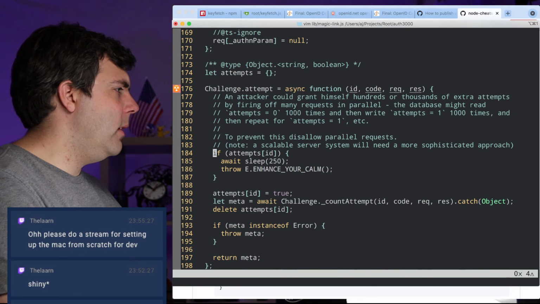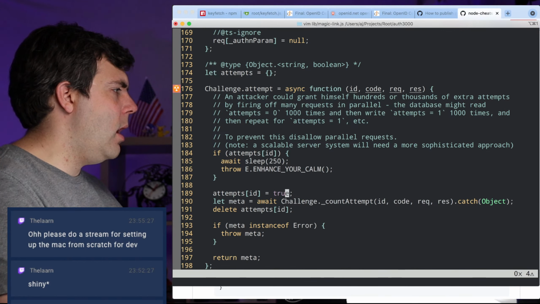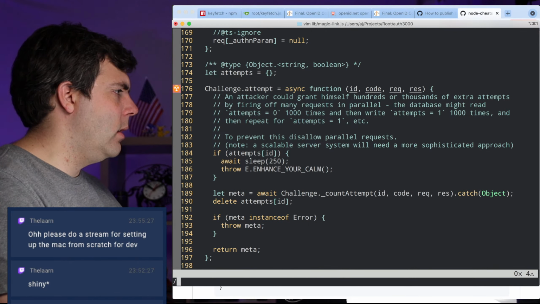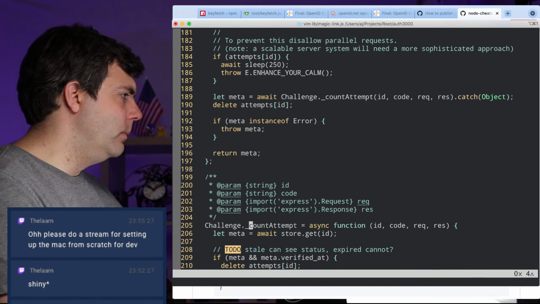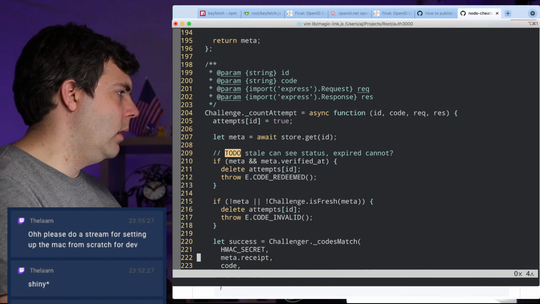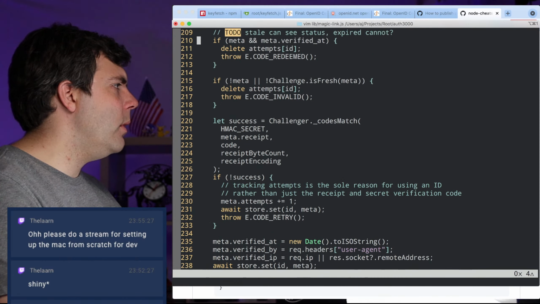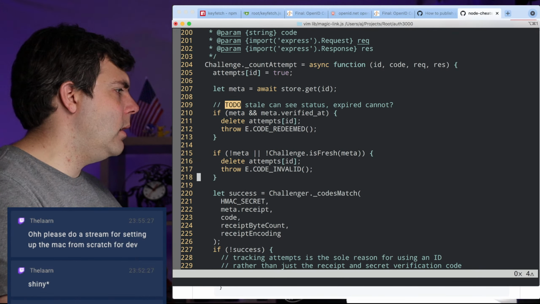Because the attempts should kind of sort of serialize, I think. But it almost seems that this count attempt ought to encapsulate these two bits. So I'm going to move that around. Count attempt. It's kind of mutexy. But then, there's more than one way that this could get deleted.